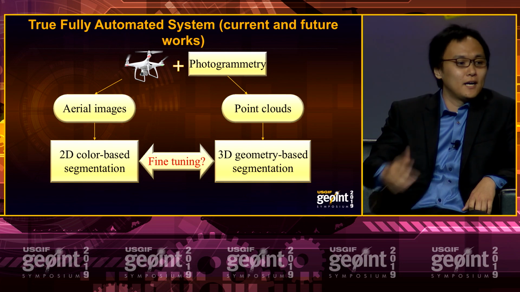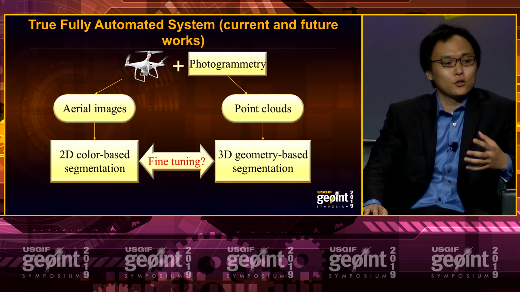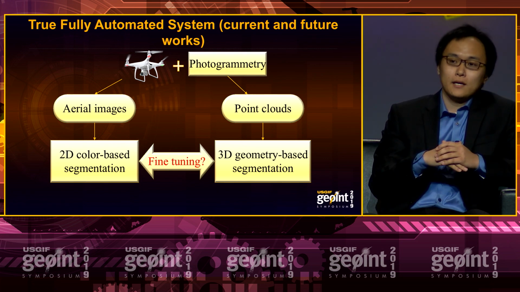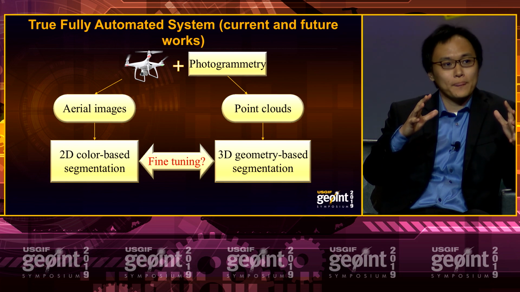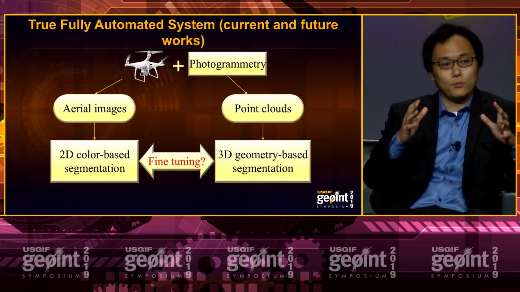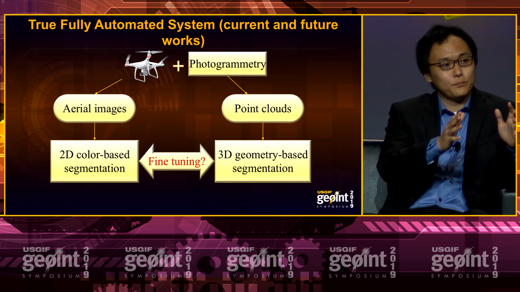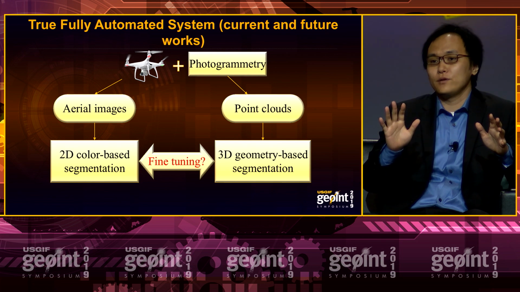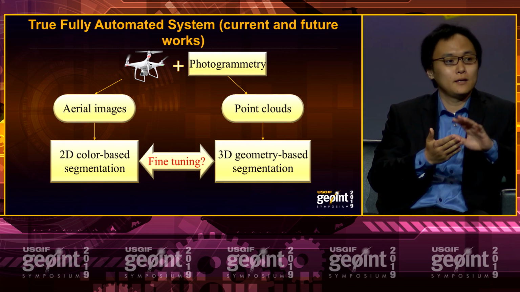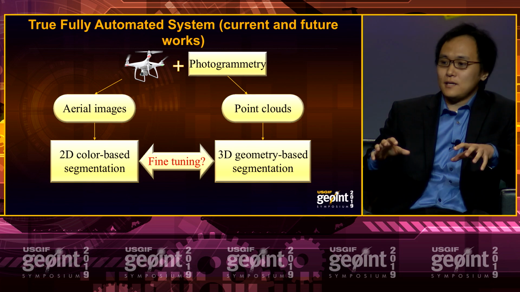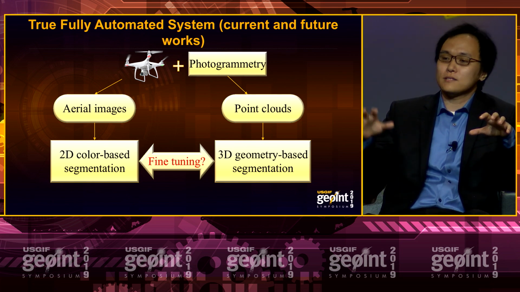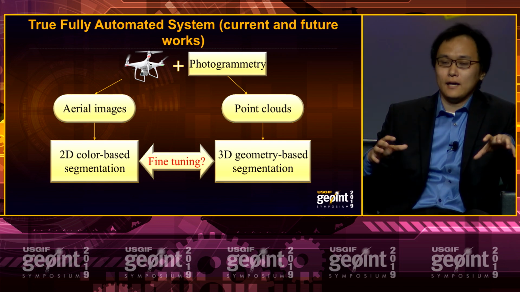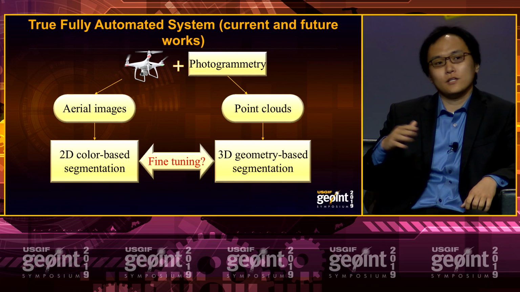Which leads us to how we can achieve a truly fully automated system, which is our current and future work. The idea here is very simple. Imagine if I give you a 3D model with some shading, 3D geometry information, without texture, you'll probably understand where the buildings are and where the trees are, right? If I give you 2D images with color but no 3D geometry information, you can also identify buildings and trees, right? This offers us that we can create two models, one based on the geometry, the other based on the color. Now you give me a new data set. I apply both models on this new data set. It cannot achieve 90% accuracy.